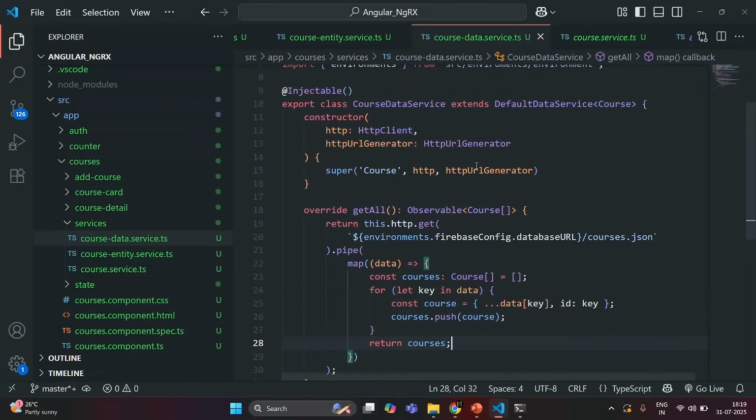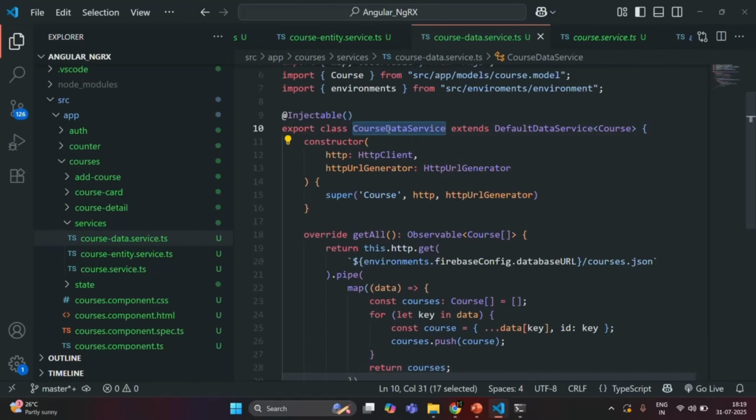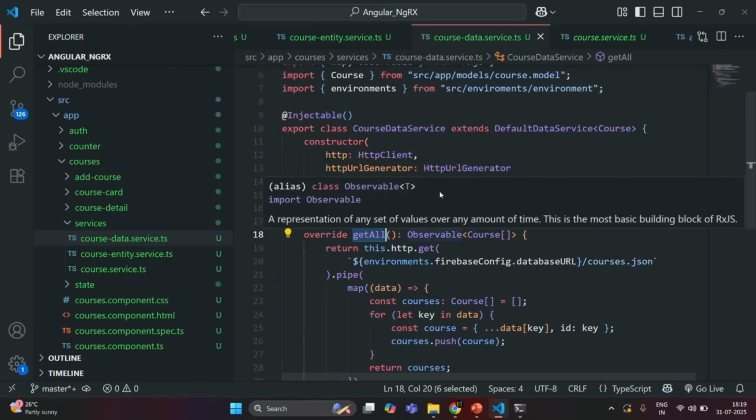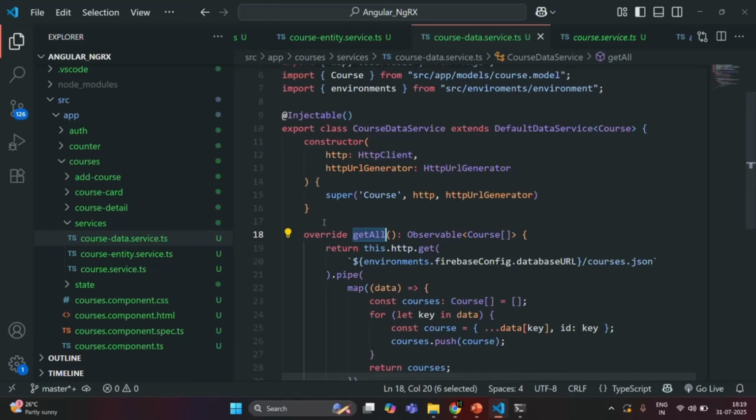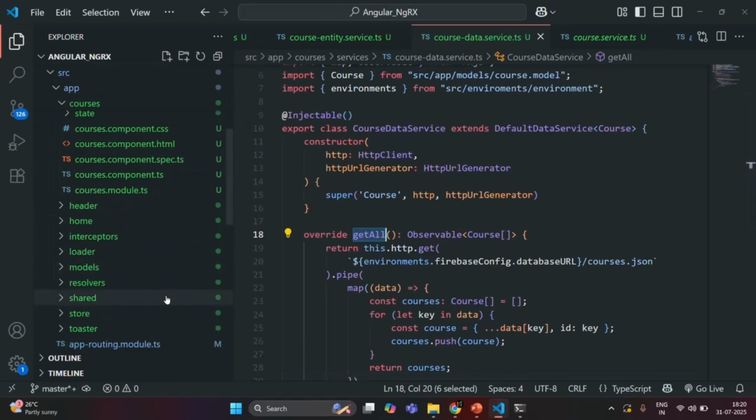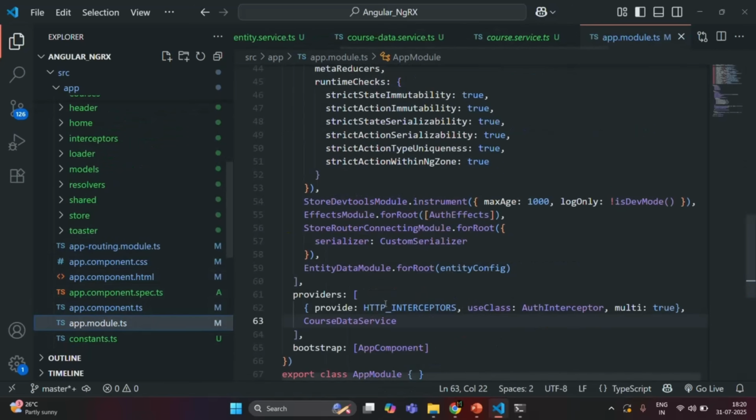Now we have created our default service. Basically, we have created our course data service, but NgRx still does not know that it has to use this data service whenever we are making use of this getAll method. We have overridden it, but NgRx does not know about it. So again, let's go to AppModule.ts, and there